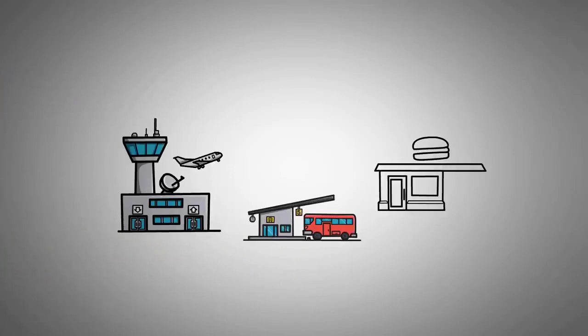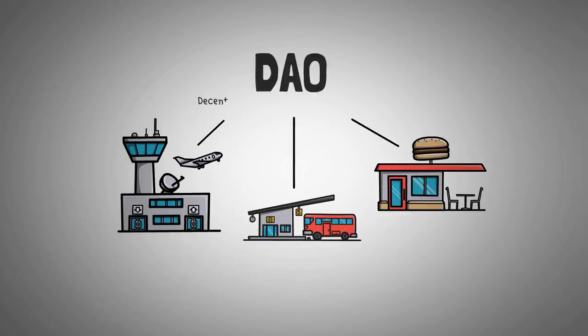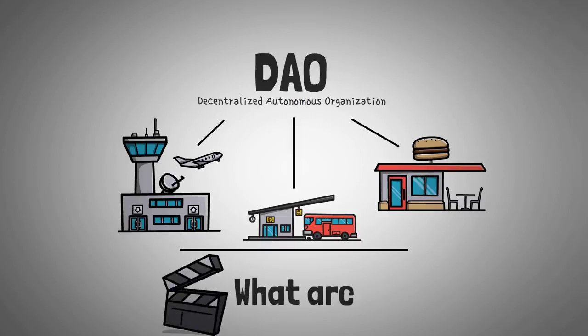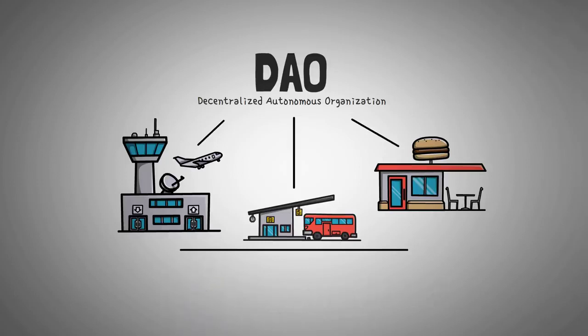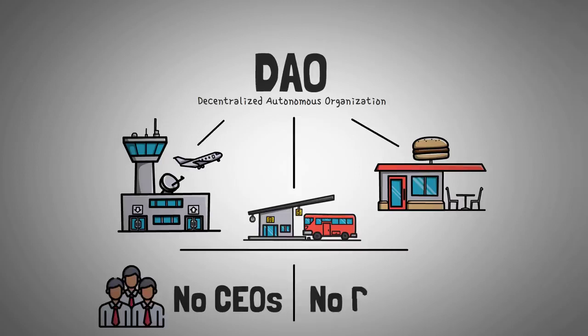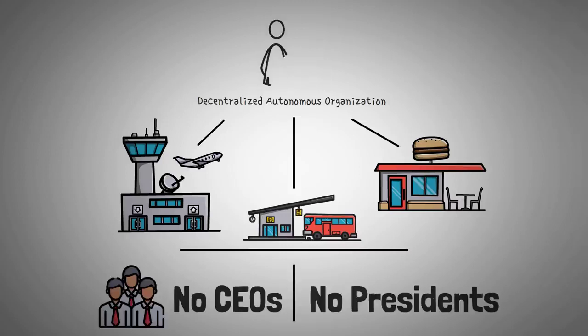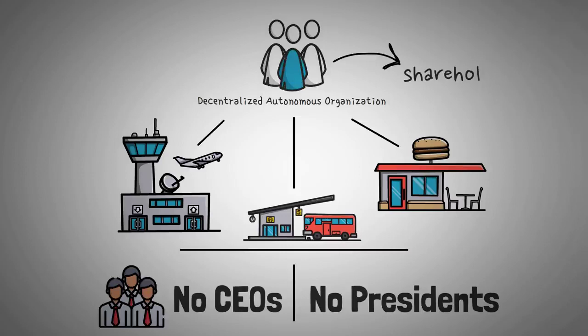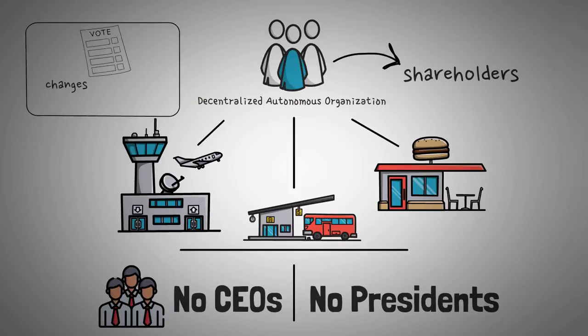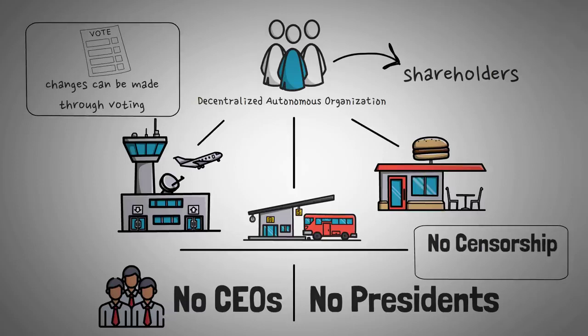In Web 3.0, experts say that we will reach the point of the internet where every company is run by a decentralized group called a DAO, which stands for Decentralized Autonomous Organization. And if you want to learn more about what those big words mean, we have an entire video on that topic and what they are used for. However, DAOs mean that there are no CEOs or presidents to impress. Those with the most tokens get to vote on how the company changes, not limited by a government or some family tradition. In Web 3.0, there will be no censorship of social networks like Facebook or Twitter. One controlling authority cannot shut it down.